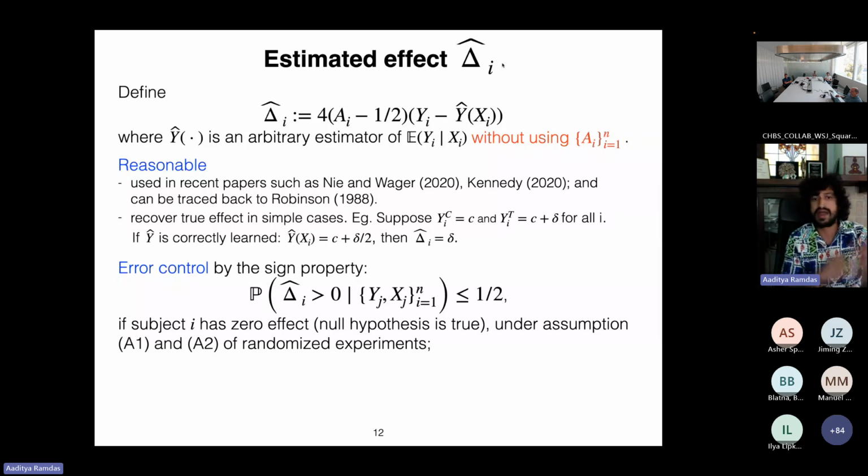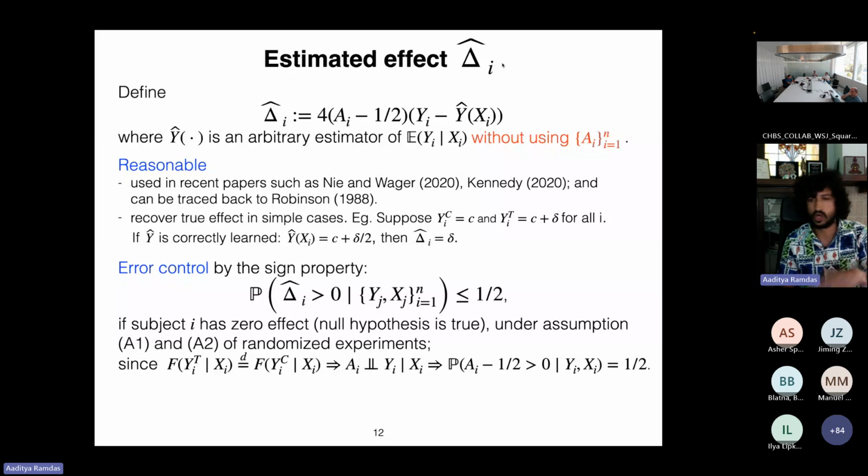But now we have managed to get this coin flip kind of property in a different setting of causal inference. So delta hat I is like a coin flip, and under the null, you can think about it as being equally likely to be positive or negative, or in fact more likely to be negative than positive in some sense, under these 2 assumptions.